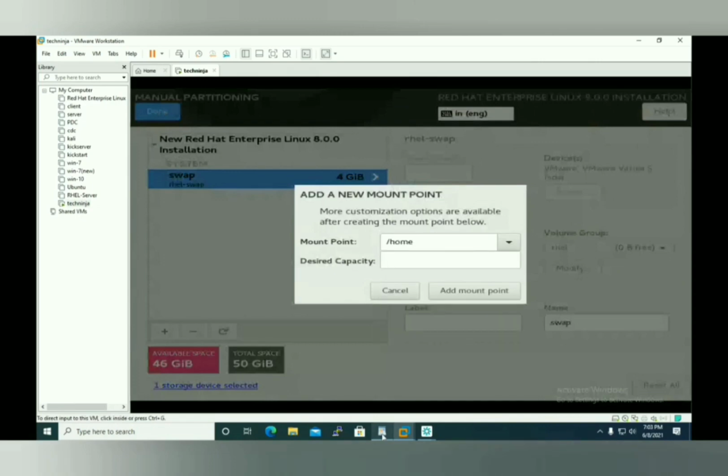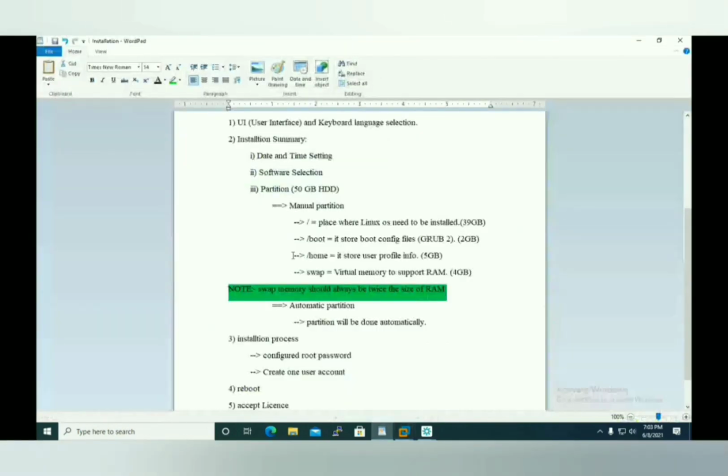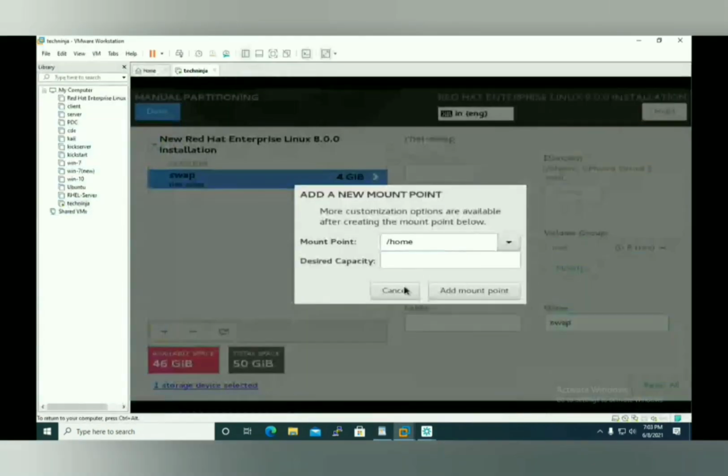Slash home will store all the user account profile information. Let me give 5 GB here. Under the home user profile we have desktop, documents, apps, contacts, music, pictures, and certain other information.